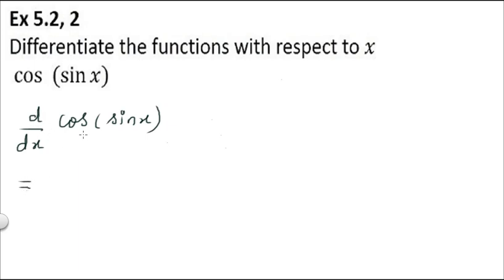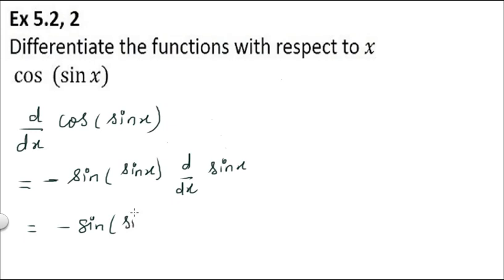First of all, d by dx of cos of sin x. As you all know that differentiation of cos x is minus sin x. So we will write minus sin, the angle is sin x. Then we will differentiate sin x. So differentiation of sin x will be cos x. So the answer for this will be minus sin of sin x into cos x. Clear? And at last when you differentiate x, it will be 1 only. So this is how you are going to solve the questions. Let us go to another question,